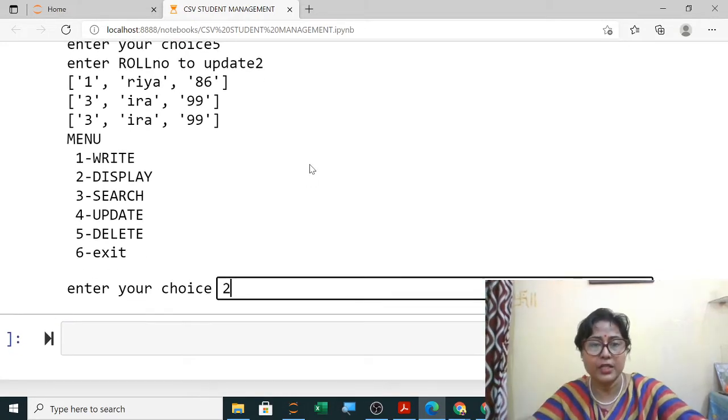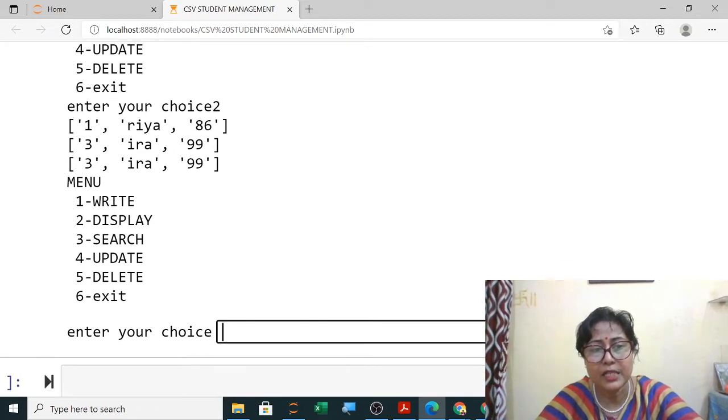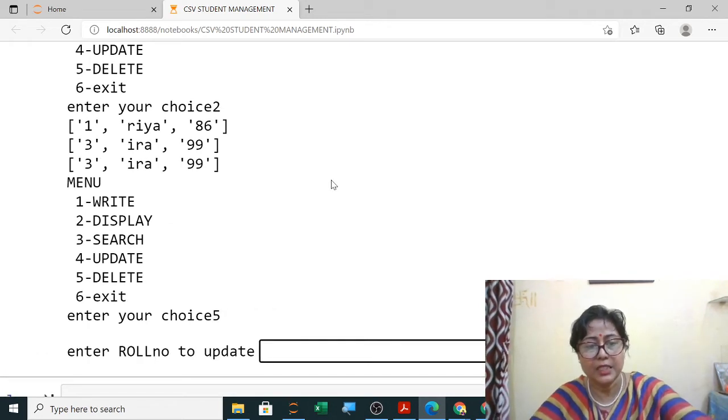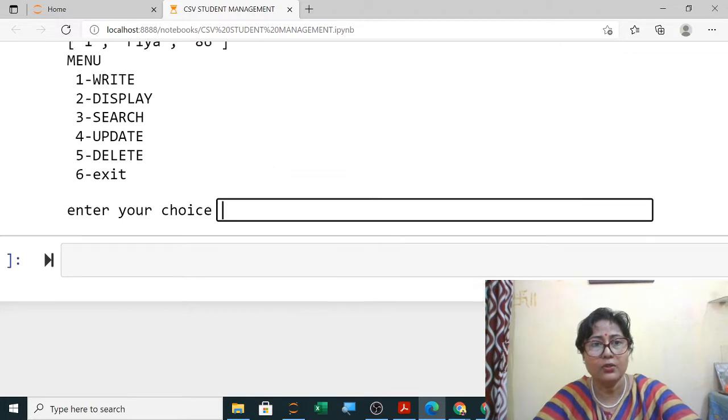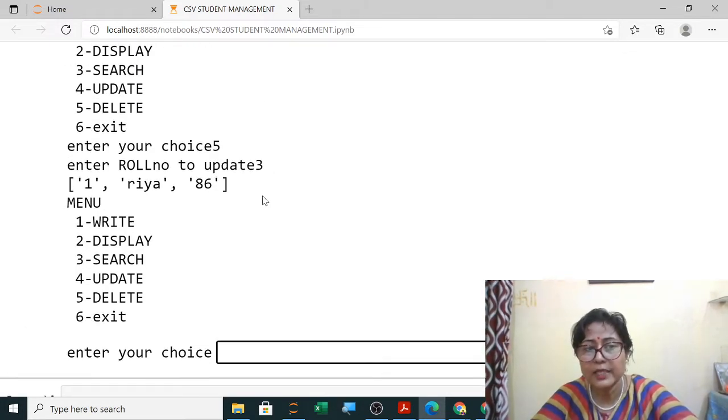Suppose I am entering 2 here to display. Now here you can see 1, 3, 3. So 3 is there 2 times. I will delete this 3. So 5 I will enter and I will delete roll number 3. Now you can see here only one roll number you are left with. Now you are in append mode.